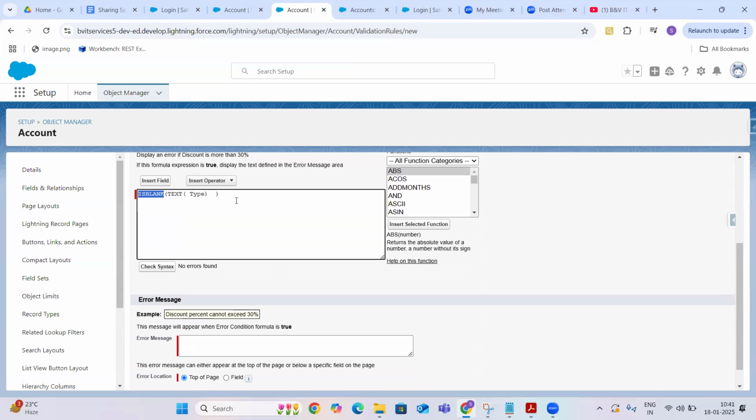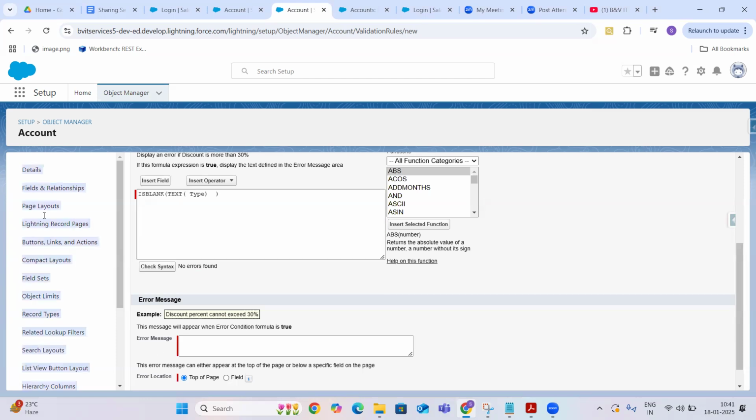So whenever you are dealing with picklist fields, make sure that you convert that into text first, because direct is blank is not supported for the picklist field. So we are converting that into a text field. It's not a complete field conversion, guys. Whatever value is present in that particular record type value, we are going to convert into text first, and then we are checking whether that is blank or not.